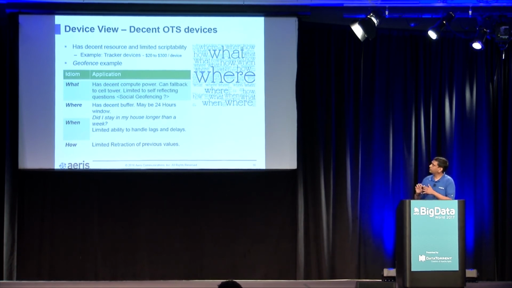So the geofence example, you can think about in a complex devices like this allows a limited version of geofence. So if you want to have more complex geofence rules, these devices won't be able to do. That's where the what part comes in, right?